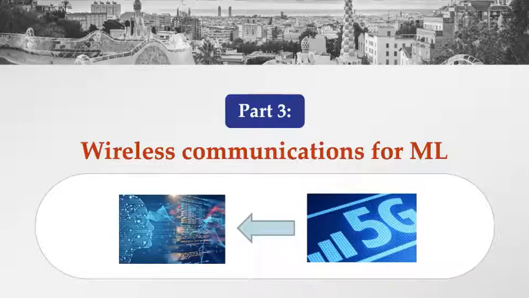One is so-called federated learning, which I'll explain a bit more in a minute. And the other is decentralized learning, which I'll also talk about later. I'm going to share this part of the presentation with Nir. So the way it's going to go is I'll first talk about some basic things about federated learning. Then Nir is going to talk about uplink compression for federated learning. And then I'll come back at the end and talk about decentralized learning and then wrap up the tutorial. So why don't we get started?